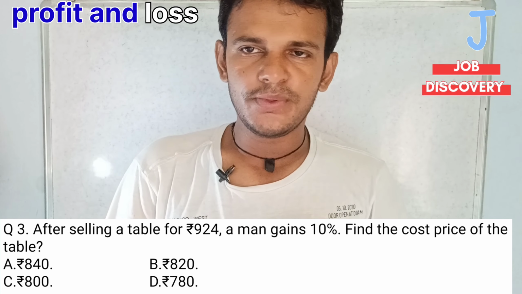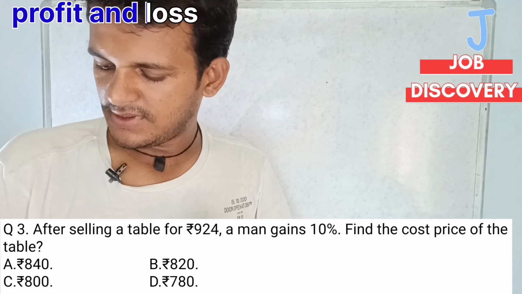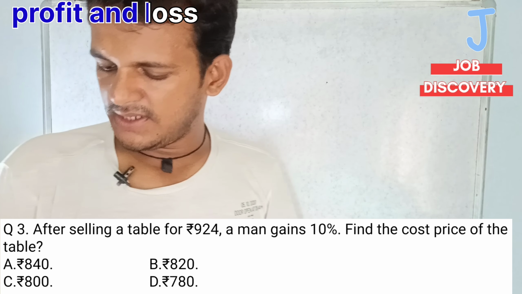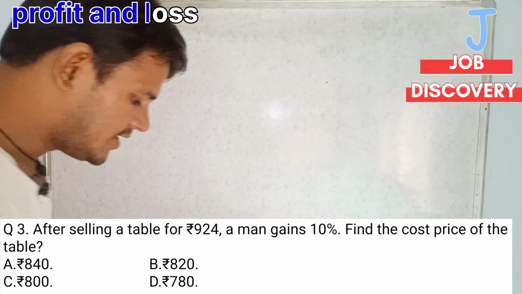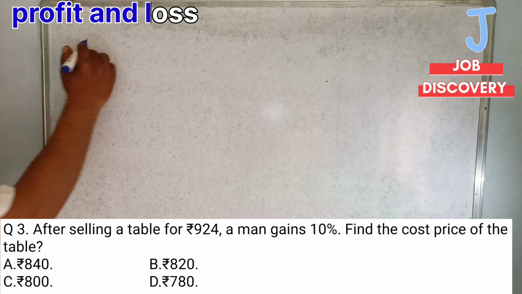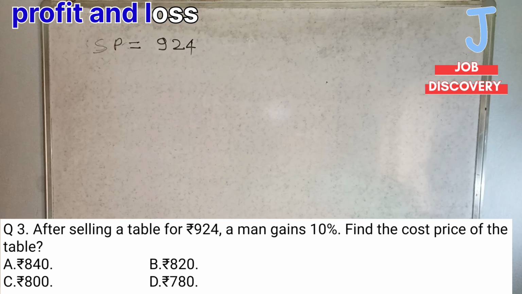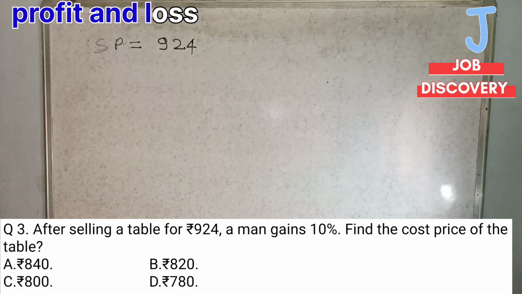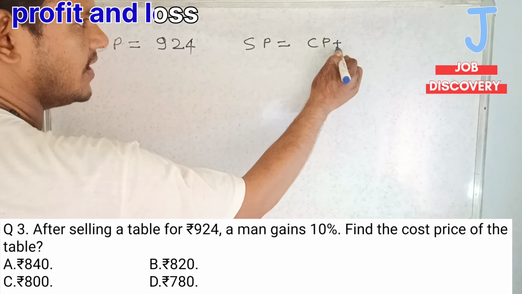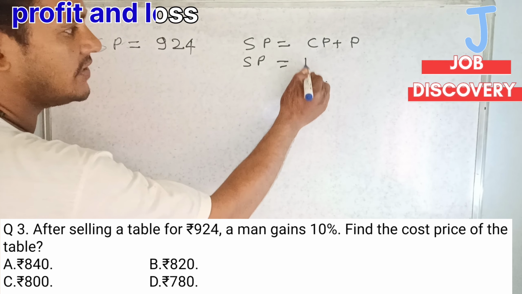Question number 3 is, after selling a table for 924, a man gains 10%. Find the cost price of the table. After selling a table for rupees 924, a man gains 10%. We need to know what is the cost price, right? After selling a table, so selling price is given 924. Now see here friends, we know that selling price is equal to cost price plus profit, and we also know cost price always will be 100%